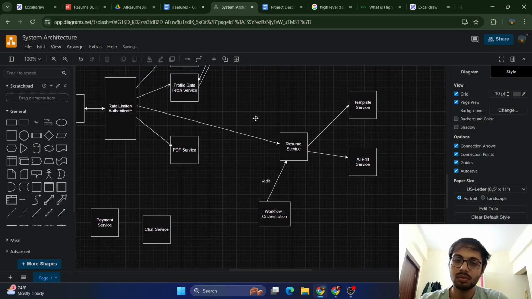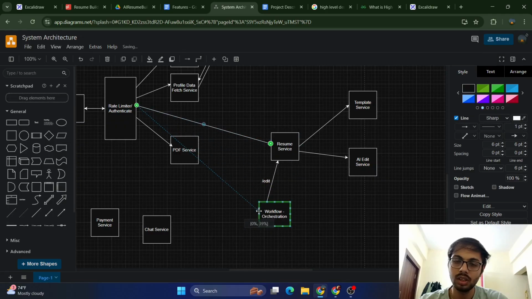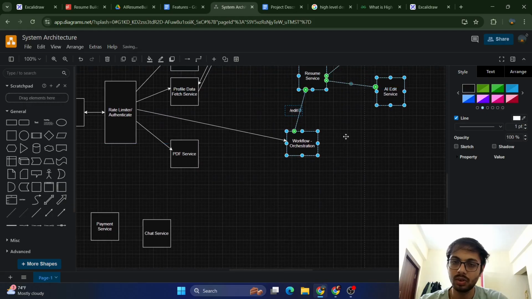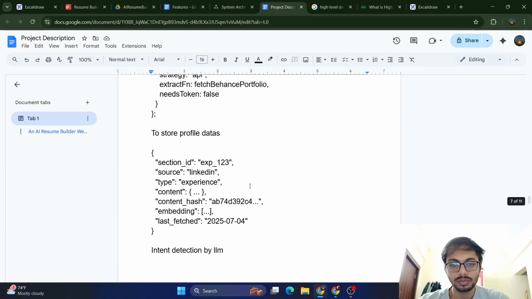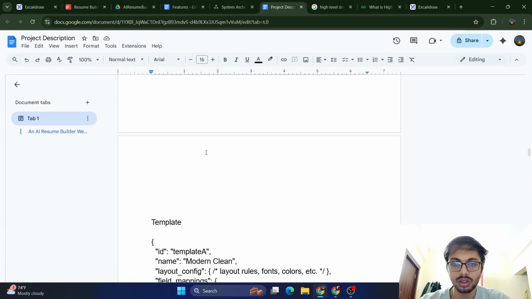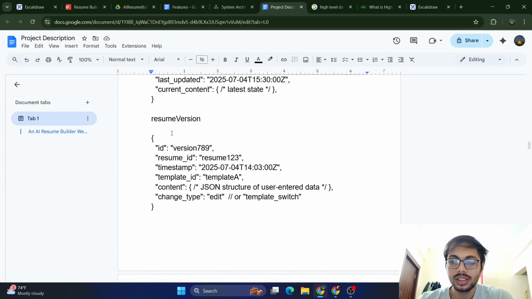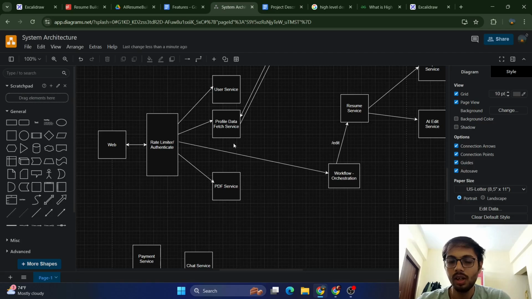उसके अलावा, ये वाला इधर कॉल होगा एंड यहाँ पे हम लोग ऊपर रख लेते हैं इसको। तो ये हो गया। अगर हम टेम्पलेट स्विच करते हैं तो हमको टेम्पलेट स्विच करने के लिए पहले एक रेज्यूमे वर्जनिंग बनानी पड़ेगी जैसे हमने डिस्कस करा था हियर। रेज्यूमे स्नैपशॉट, टेम्पलेट, रेज्यूमे वर्जन, तो इस तरीके से हमको वर्जनिंग करनी पड़ेगी जिसमें हम चेंज टाइप में टेम्पलेट स्विच रख सकते हैं। तो अगर हमको रेज्यूमे चेंज करना है तो इसके थ्रू जाना पड़ेगा।